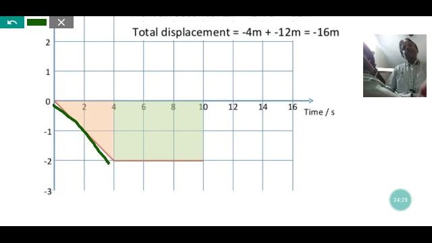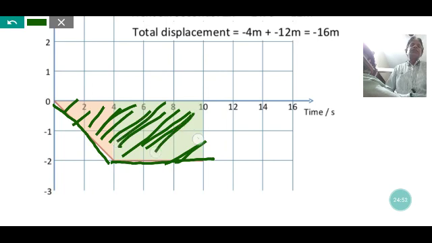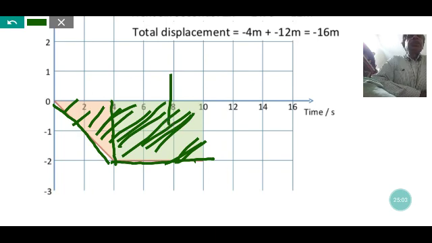Then, in the opposite direction, the velocity is negative, so the displacement is negative. So it is a negative line, negative velocity, and the velocity is constant here. Now the area under the graph gives a negative value, which is known as negative displacement. We can find the area of the triangle like that, with 4 seconds and 2 seconds.